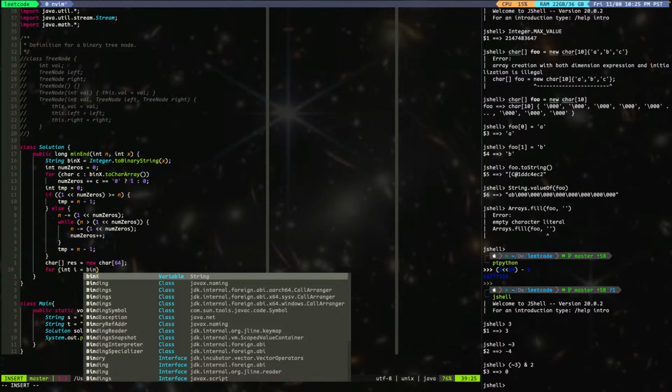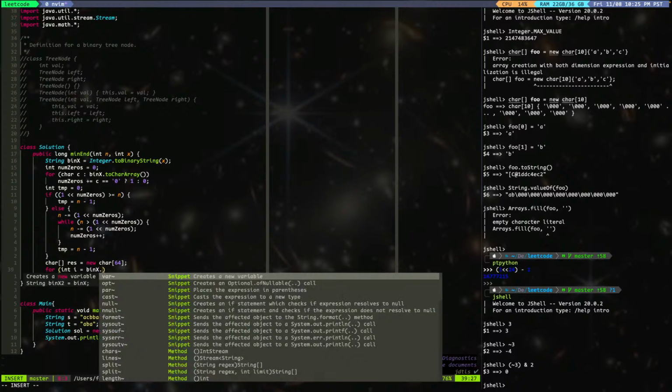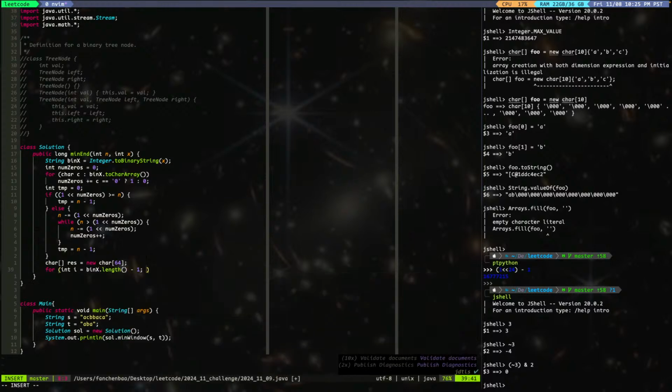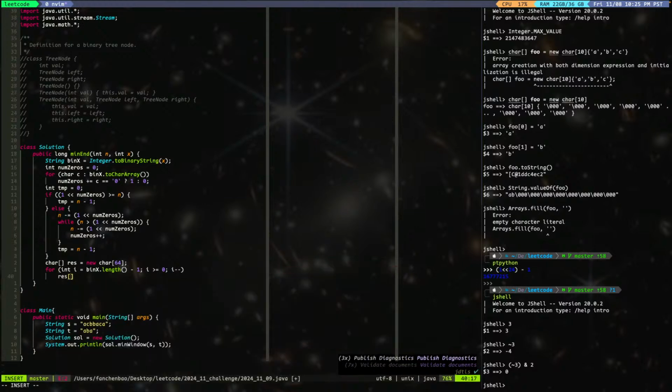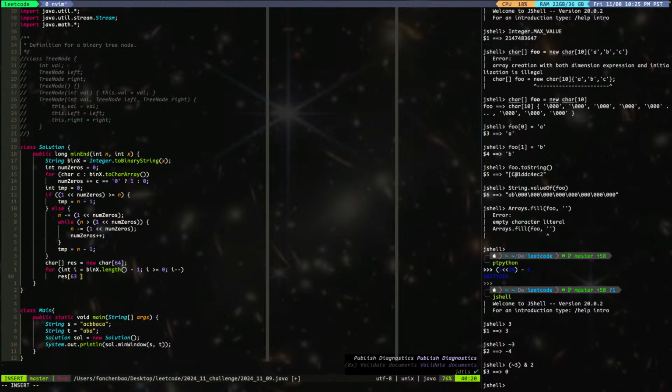That is going to be interesting. I think it's fine. Dot length minus 1, i larger equal to 0, i minus minus. So what I want to do here is say res, I think it's going to be 64 minus i minus 1, right? So it's just 63 minus i shall equal to